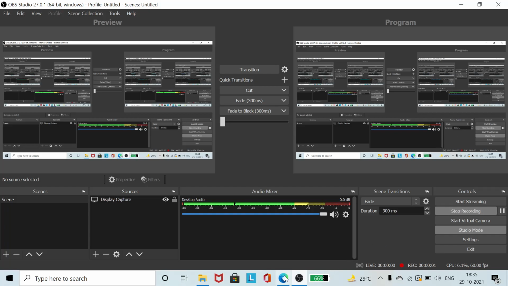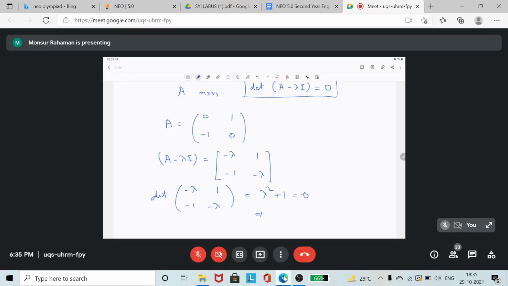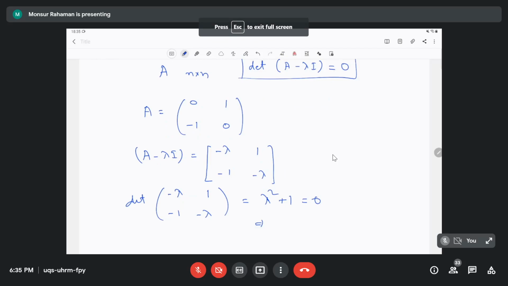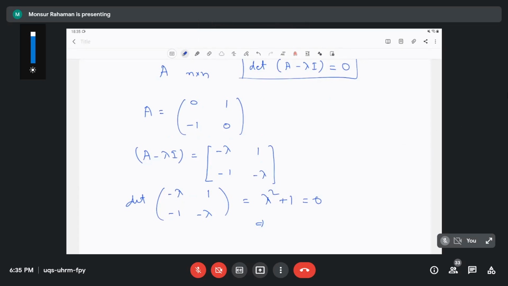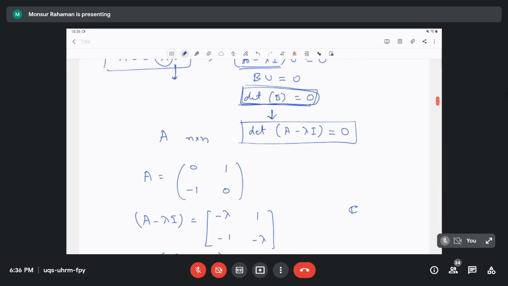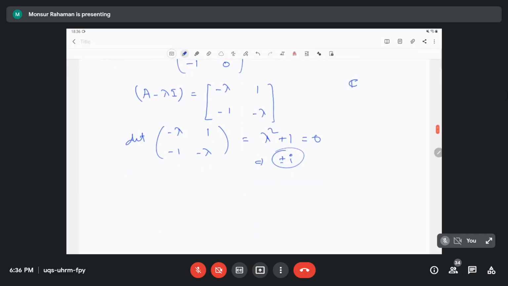So there are no real roots. If you consider the real numbers, there are no eigenvalues. But if you consider the complex numbers, then obviously these are the eigenvalues. Once you find the eigenvalues, you can put that eigenvalue in, because suppose A is a 3